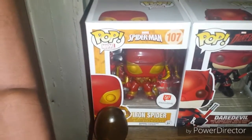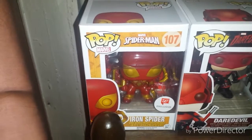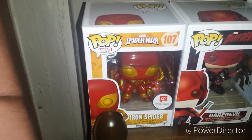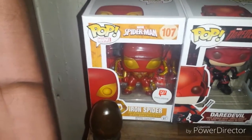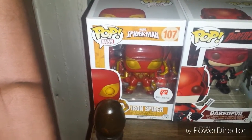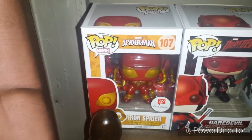First one here you see is the Iron Spider. This is the most recent one that I purchased. I had a friend that got me another one, but I purchased this one at a Walgreens. I don't think I'm going to keep this one. I'm not the biggest Spider-Man fan, so I'm going to either trade this one, or if nobody's showing interest in